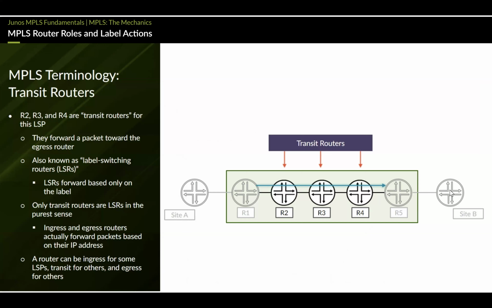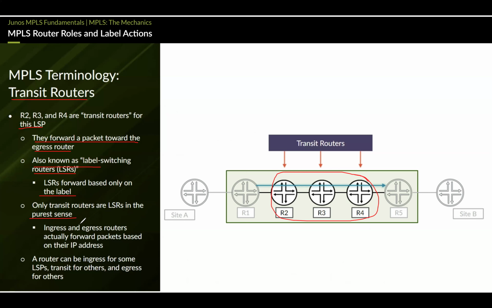In between the ingress and egress routers, all routers are transit routers. So router 2, router 3, and router 4 are transit routers for this LSP, label switched path. They forward a packet toward the egress router, also known as label switching router, LSR. LSR forwards based only on the label. Only transit routers are LSRs in the